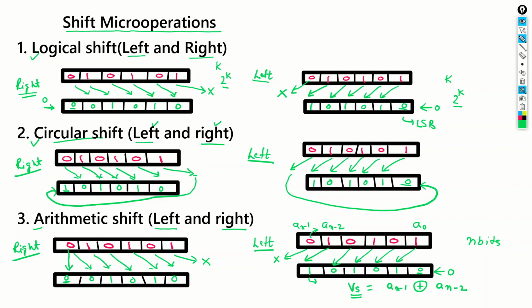Also remember that arithmetic shift operations are actually carried out on signed numbers. It means that all the time the MSB indicates the sign of the number, right? So we see that there are three types of shift operations in computer architecture. Okay, and all these shift operations are carried out inside the CPU registers, and there are instructions in the CPU which carry out these operations in the computer system.